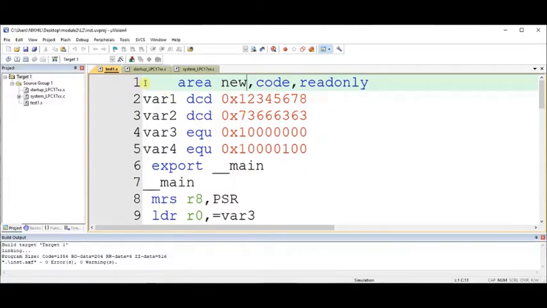Always keep in mind that you should give a space for the initial line. If you do not give the space, say for example here we have VAR1 and VAR2, 3 and 4, they will act like a label, or the tool will take it as a label. So here I have taken 4 labels, and 2 are defined constant data, variable 1 and 2, and 2 have the equated data. Next we have EXPORT main.